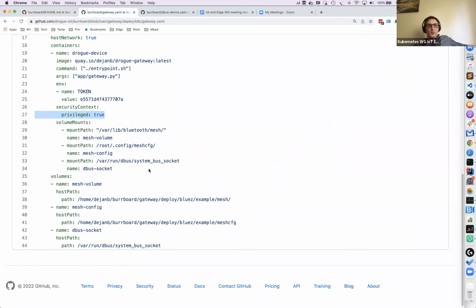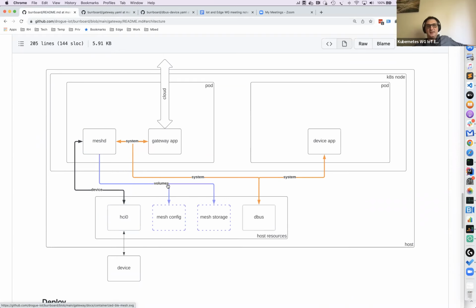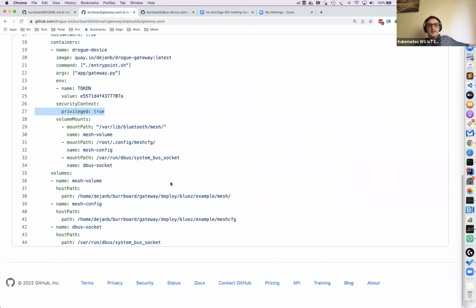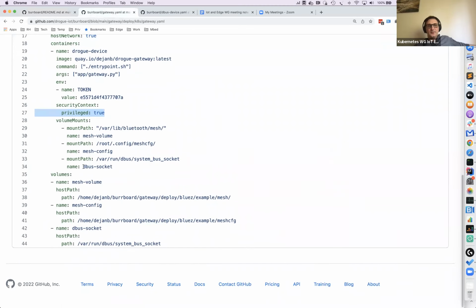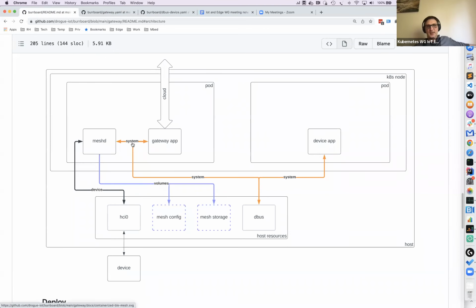And we need to mount these volumes containing the mesh state, so that the mesh daemon running inside of it can work properly. And in the end, we need to mount the dbus socket to enable the communication with the outside world on the same node.